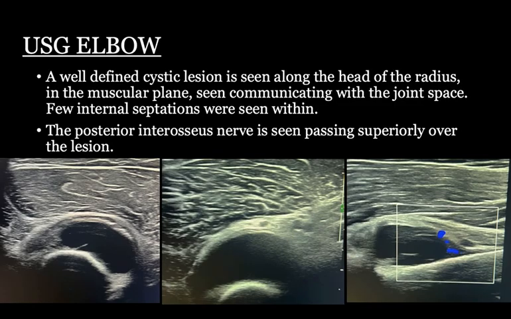sign. So in ultrasound, we can see a well-defined cystic lesion which is along the head of the radius and within the muscle or intramuscular plane. This is the muscle of supinator, and here we can see few internal septations which are incomplete, and we can also see there is joint space communication, and this is our posterior interosseous nerve, which is seen abutting the